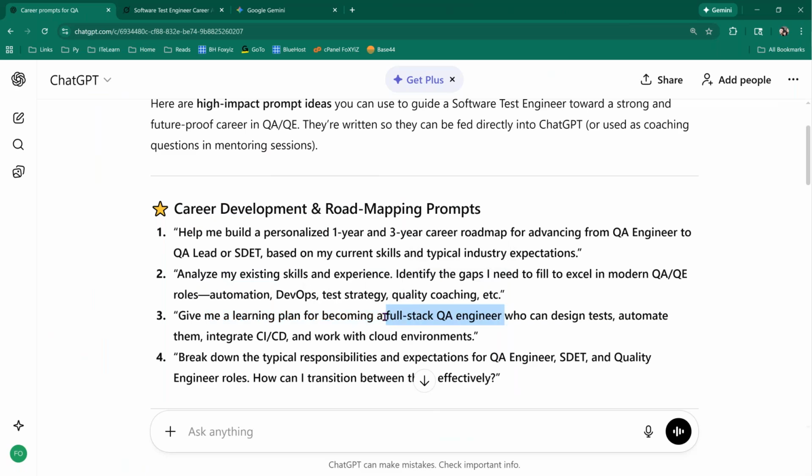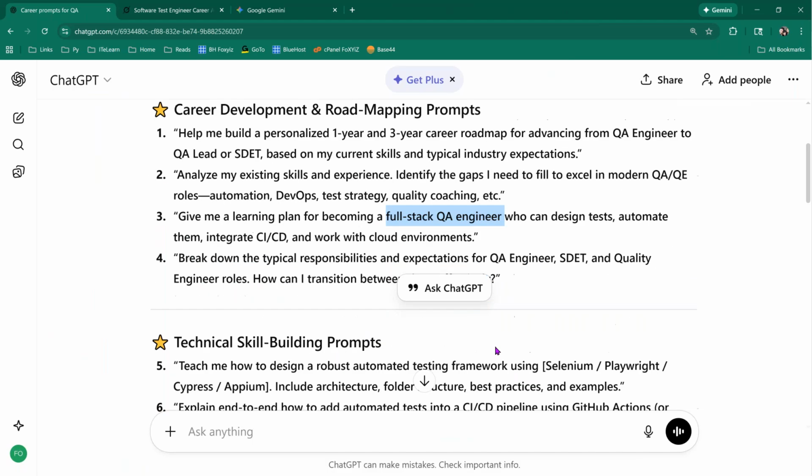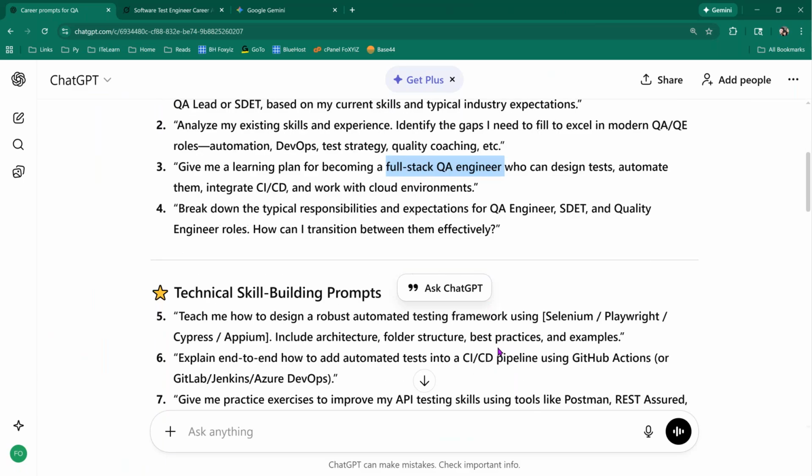I've rarely seen someone using a word called full stack QA engineer. Yeah, because cloud, CI/CD, databases, microservices, there is no end to what we're supposed to know. Sometimes we join a project in software testing and we think that, oh, we're only going to do API. Then we